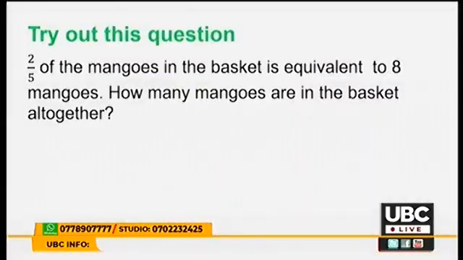So we are now assuming that the 5 equal parts are going to represent our mangoes. So let's get back to the question. What does the question say? The question says 2/5. That's why we have made 5 parts. 2/5 of the mangoes in the basket is equivalent to 8 mangoes. So it means that the 2 parts of the 5, 2 parts of the 5